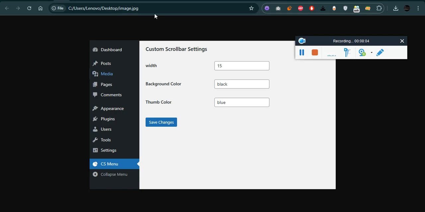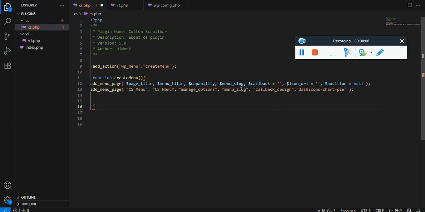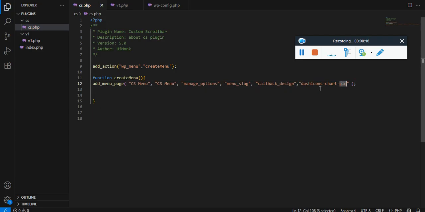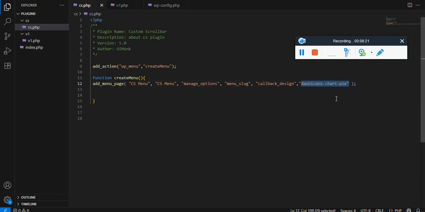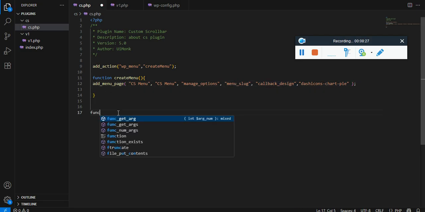So this is a page, and in the slug you will see menu hyphen slug, and then we have the callback function, and this is the icon URL. Sorry, this is nothing but the icon. You see this is a pie chart, and that is coming from this section. Now what you need to do is we need to create a callback function. Let's just define a callback function,